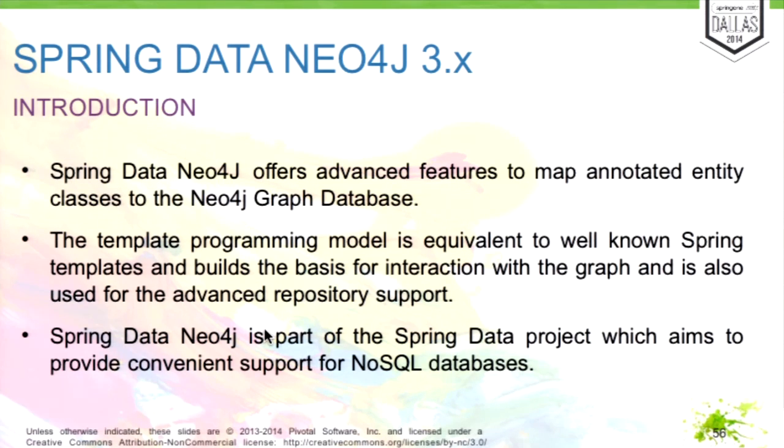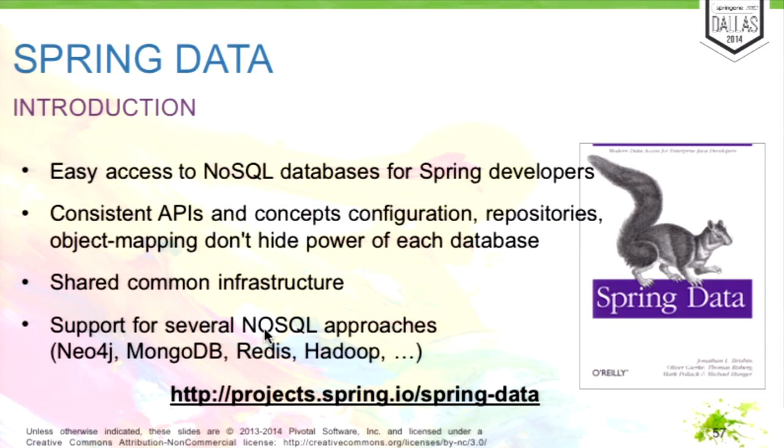It uses annotations as all the other Spring Data projects as well. It has a Neo4j template, which is similar to JDBC and Mongo template to interact with Neo4j. And it's been around for a while, as we said. It's also covered in the Spring Data book that you might have heard of, which is a really cool summary of all the Spring Data projects and written by the Spring Data authors. And it builds on the same shared common infrastructure that Spring Data Commons offers.